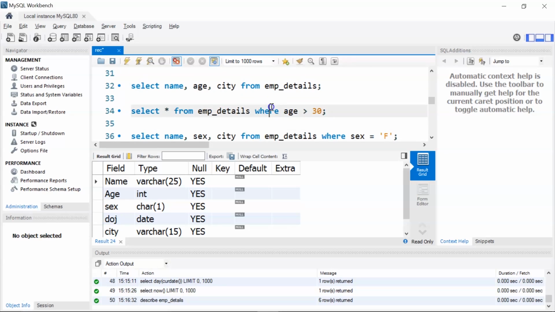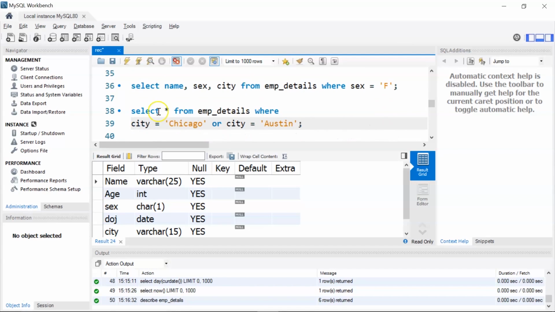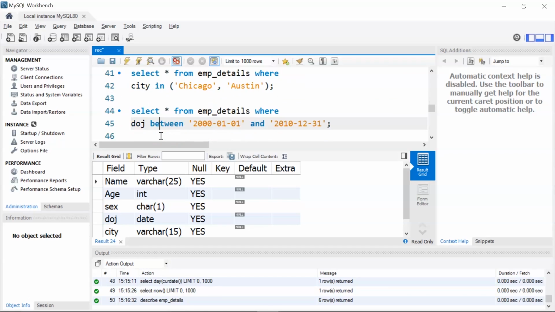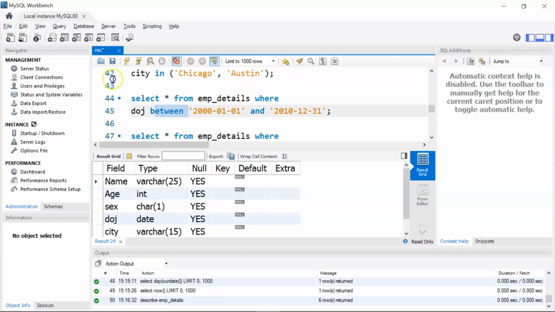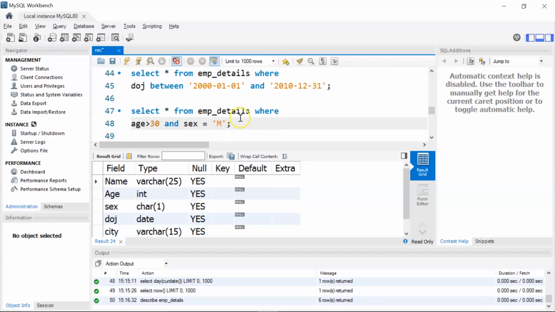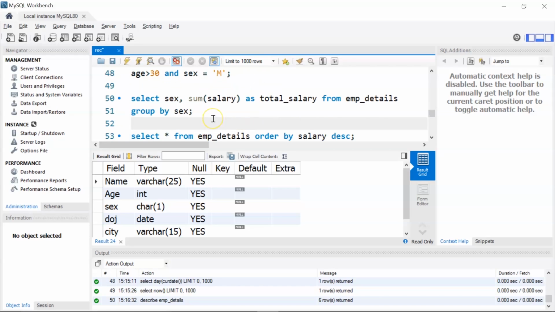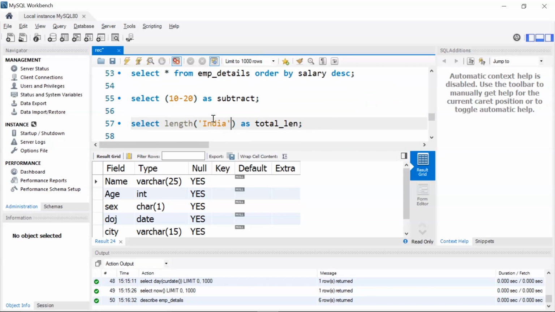We learned how to use where clause. Then we used an or operator. We learned about in operator, the between operator. Then we used an and operator to select multiple conditions. Finally, we learned about group by, order by, and some basic SQL operations.